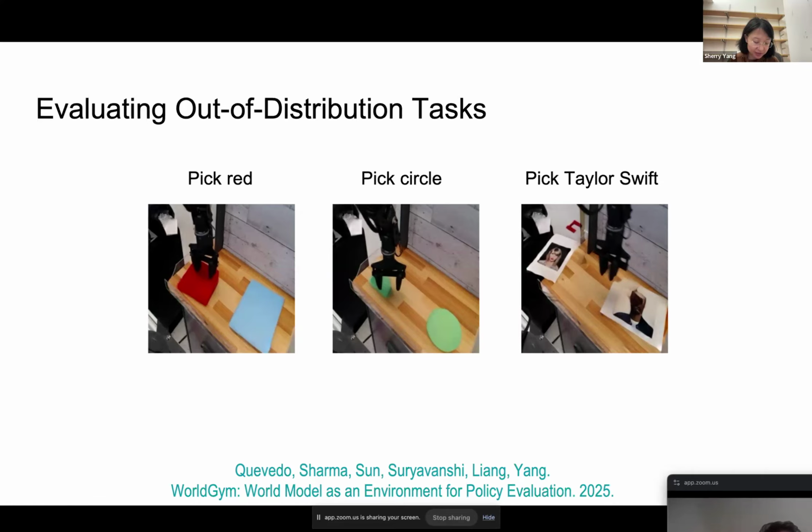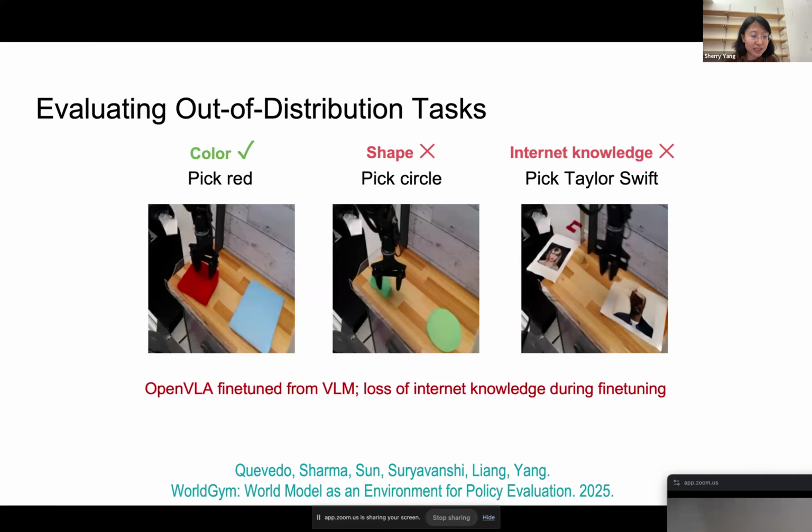I think this is revealing something more interesting and concerning to the community. Remember, these VLA policies are fine-tuned from VLMs. If you were to ask a VLM which one is Taylor Swift and which one is Snoop Dogg, the VLM is probably going to tell you Taylor Swift is on the left. But just through this fine-tuning process, we actually lost this information about Taylor Swift and Snoop Dogg. That's because we're fine-tuning the VLM on a very narrow distribution of robot data. Probably in robot data, there's never Taylor Swift and Snoop Dogg. But then it's a question of how much data we have to collect to even be able to come across Taylor Swift and Snoop Dogg for robots.